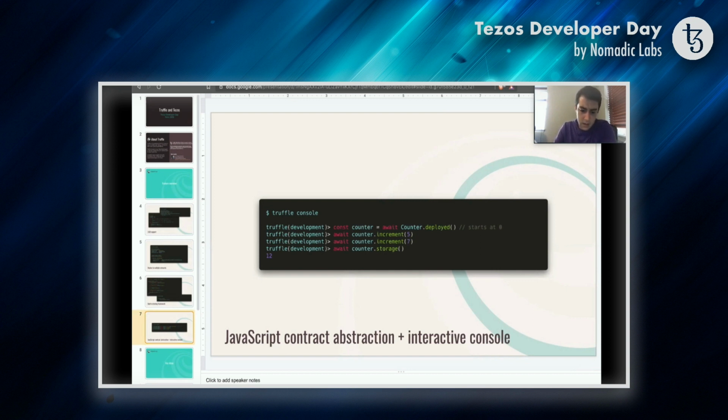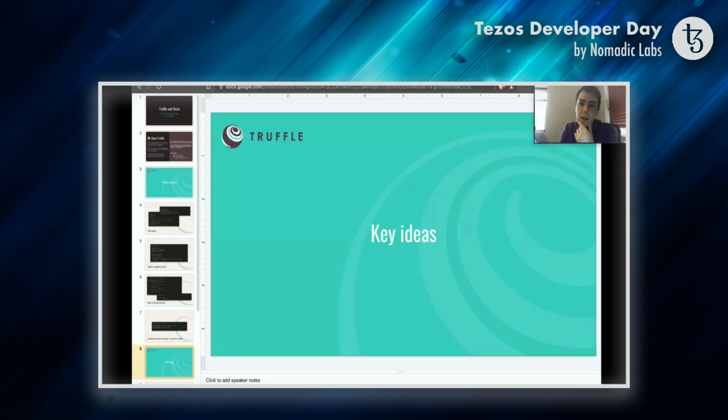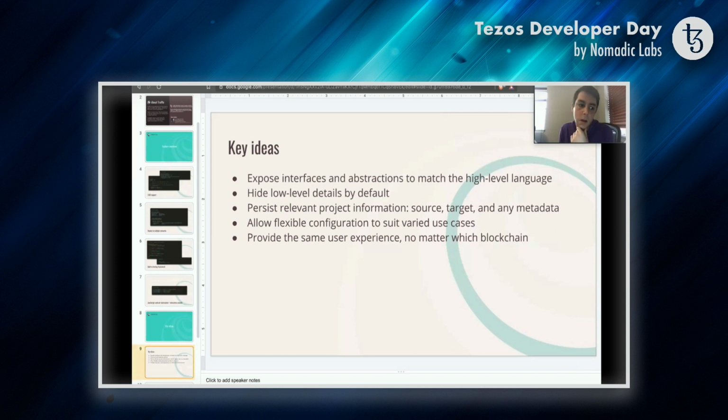I guess this is probably all. You've already seen these examples or similar ones on screen. So I wanted to also talk about some of the key ideas, maybe to paint a bigger picture about what Truffle's going for. And thinking about it, I broke it out into these, and I guess to go over them,